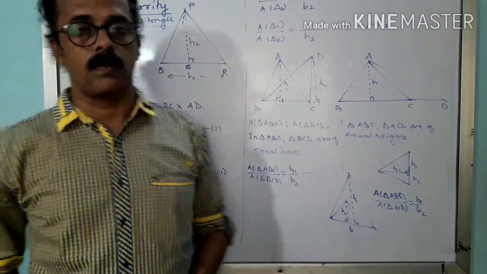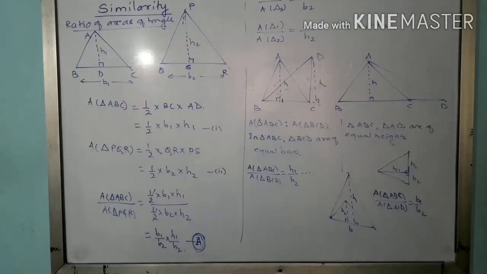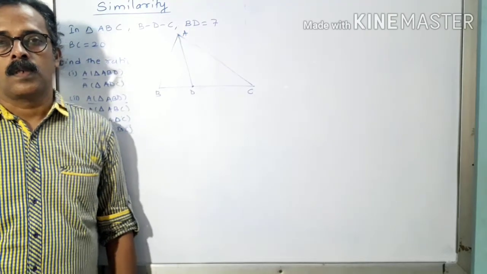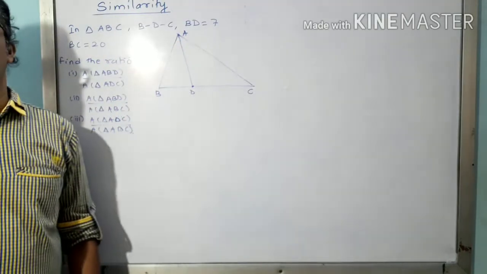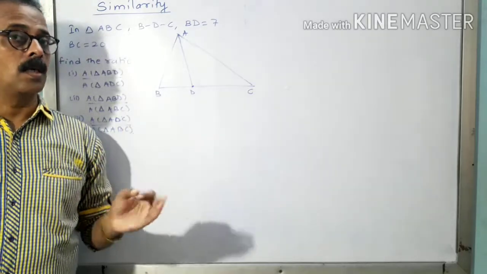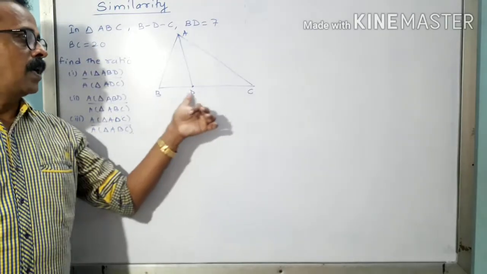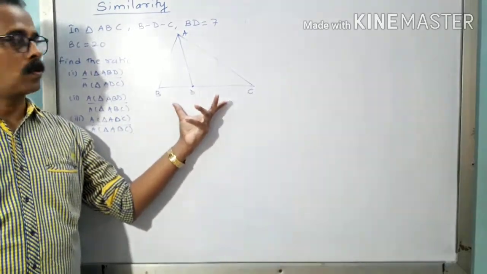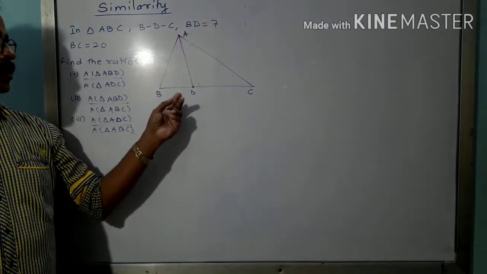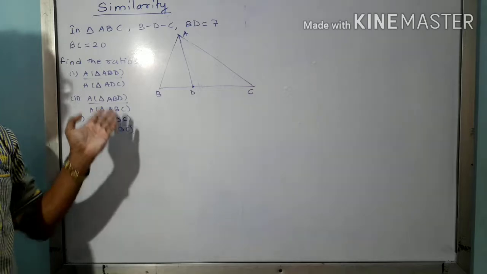We will solve one example on the board. Till that time, just look again at what is given here on the board. Okay, now there is a question given to you. The question is that in triangle ABC, given is B-D-C. What is the meaning of B-D-C? It is a betweenness condition. It should prompt in your brain immediately what condition is given to you. B-D-C means D lies between B and C, such that BD is equal to 7. This value is given as 7, and total BC is given as 20, right? And they asked you to find the ratios of areas of triangles.